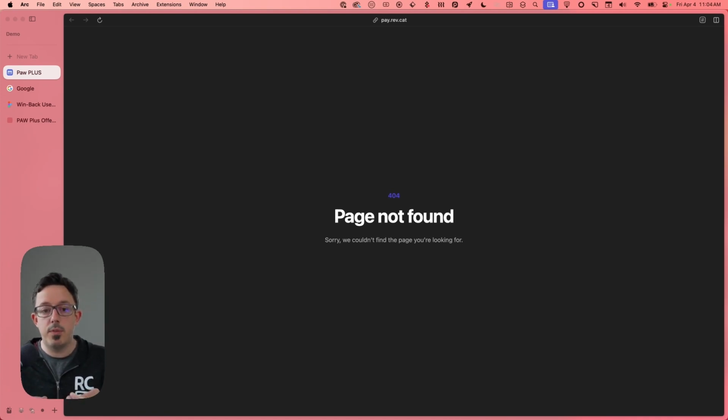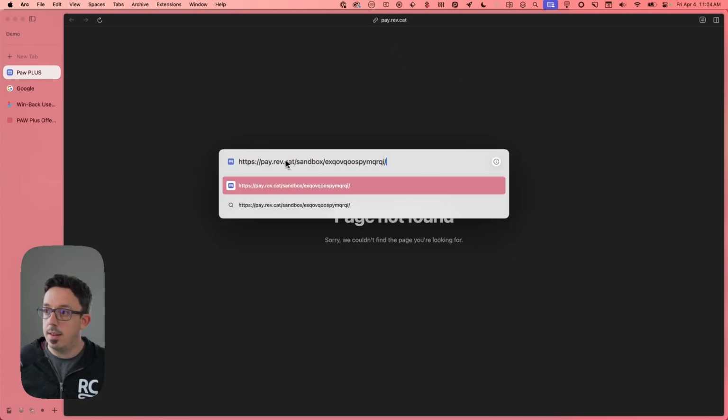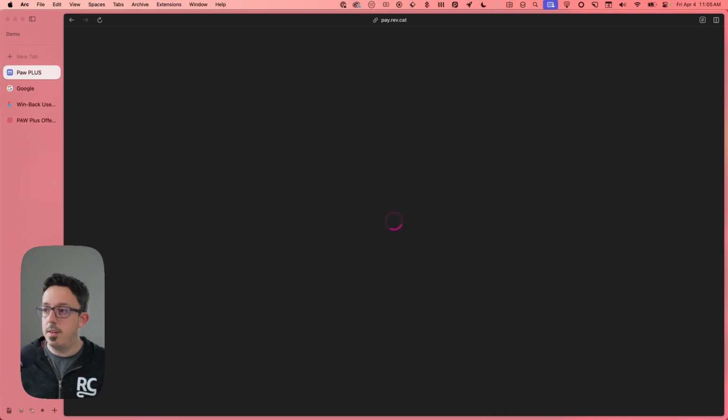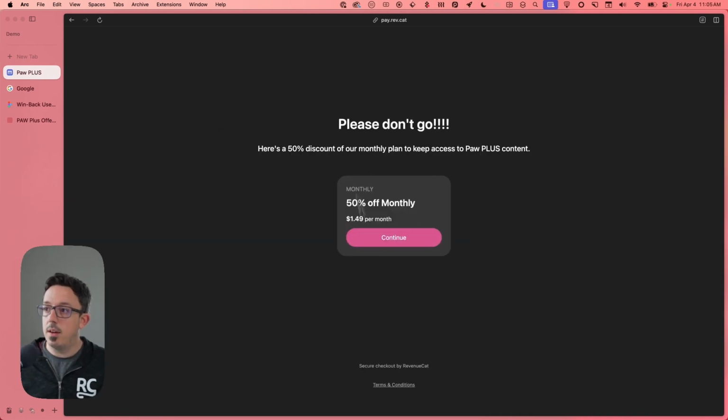So if you have your own website that has authentication, you can include the username on this link. Also, if you have advanced email structuring where you have the user's user ID, you could include it on a link that you email out to them as well. And the way that works is you take that same URL we just copied and you attach the user ID. So if I say user ID 12345 and hit enter, now we're going to see our paywall, which looks very weird on a very big screen,